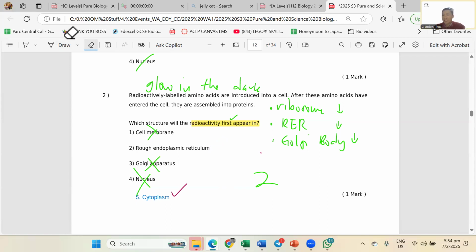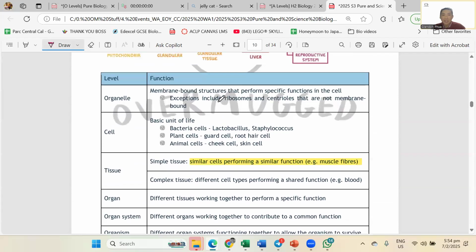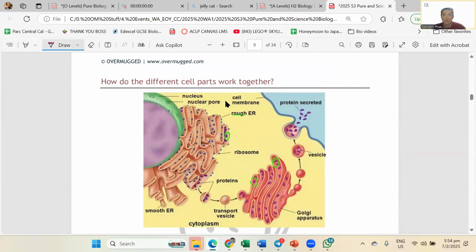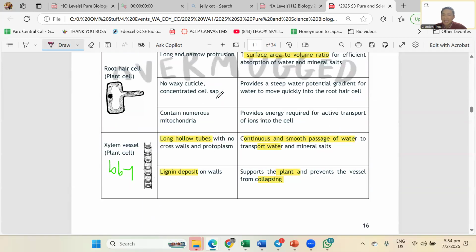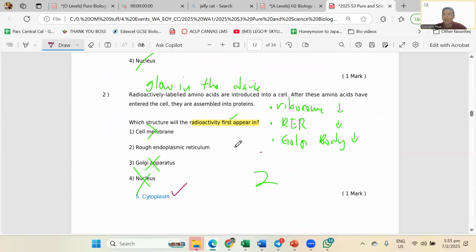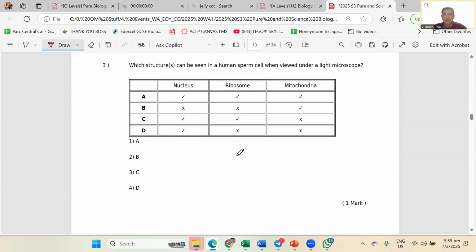Why? Here's the thing. If I'm printing posters in America, I need paper. Correct? So what happens first? The paper must be imported. When it's imported, it's just on the roads. Same thing. When the radioactive amino acid enters the cell for the first time, it is floating in my cytoplasm. So it enters my cytoplasm first, floats. So I go to the picture, it will float all the way here, then enter my RER for usage. So this is how the school can trick you. So let's be very clear. Is there cytoplasm there or not? Check for cytoplasm.